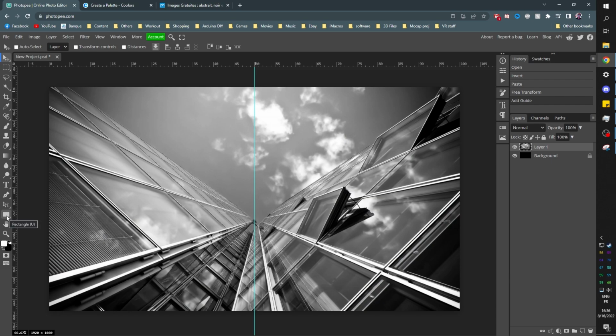So we're gonna go to the shape tool here. You can click and hold in order to select different shapes. We're gonna stay with rectangle. If you want a rounded rectangle, you can put like 50 pixels, but we're gonna stick with something sharp, and we're gonna just drag. We can hold space in order to move while we're creating it, and then release it and continue dragging it, and just envision how it would look on screen.